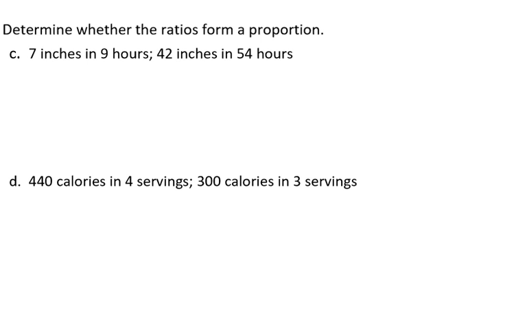So in this first example, we have that 7 inches in 9 hours is our first ratio, and 42 inches in 54 hours is our second ratio. So if we develop our ratio as inches per hour, then our first ratio would be 7 out of 9, so 7 inches in 9 hours. And our second ratio would be 42 inches in 54 hours. So now we've written our ratios in fraction form,